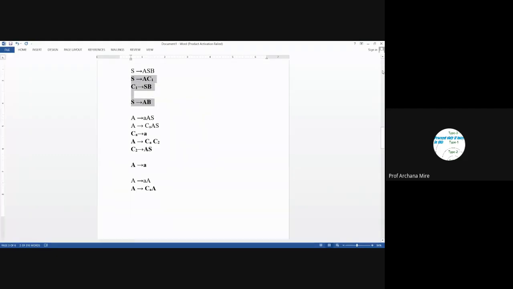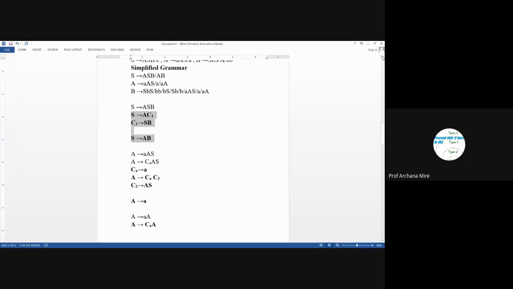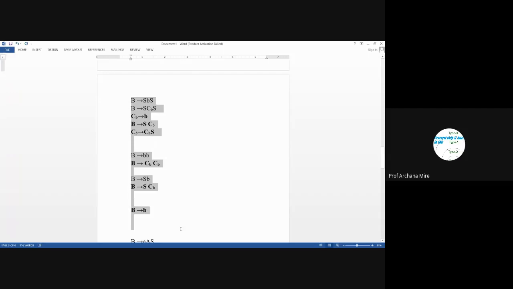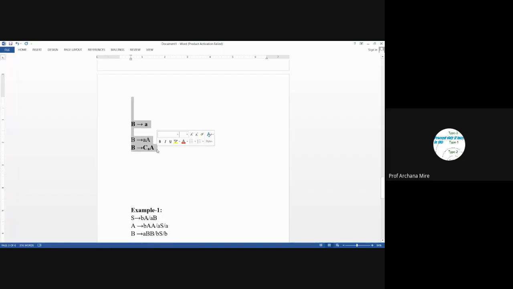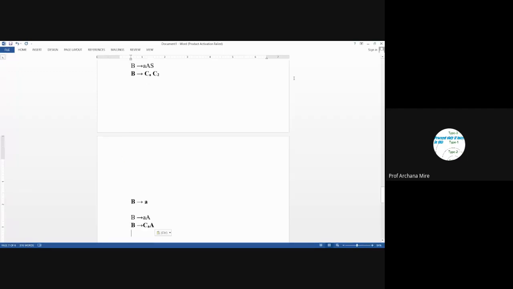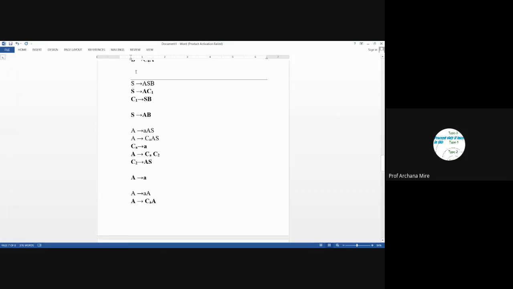or I will copy it here in the next page, and we will delete whichever is not required. Okay, so till this I will copy. So now our final grammar which is in CNF form.